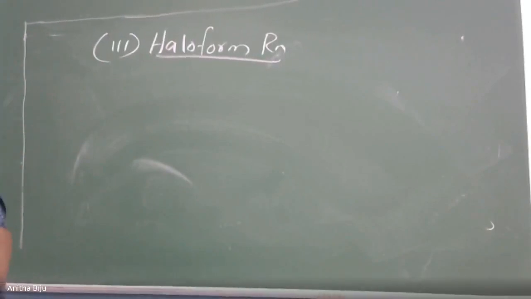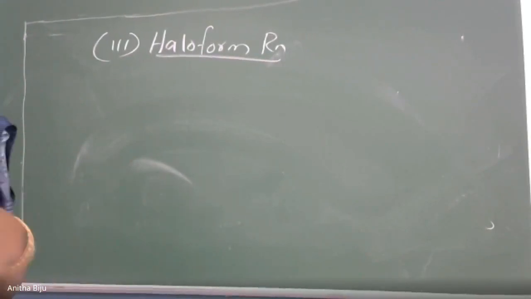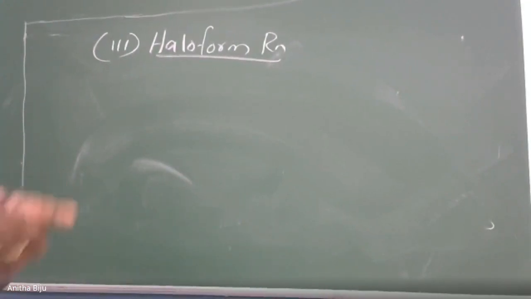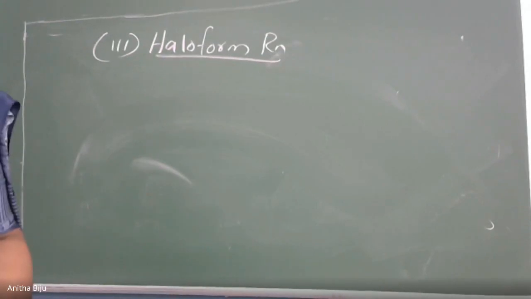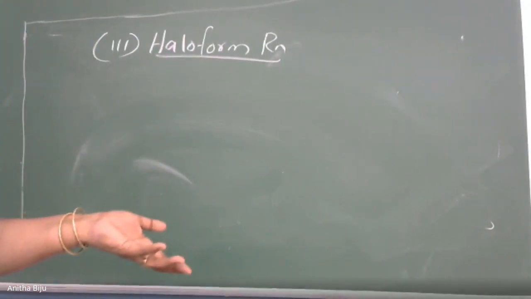And what is the condition? Eligibility. Normally there is an eligibility test, who is eligible. So for the haloform test also, only some kinds of compounds are eligible for performing this test. Which are those compounds? Not all aldehydes and ketones. This test is given positively by only certain compounds. Compounds means it may be an aldehyde, a ketone, or even an alcohol.